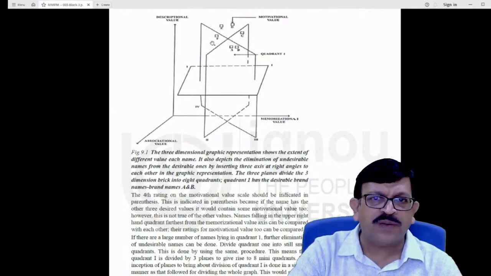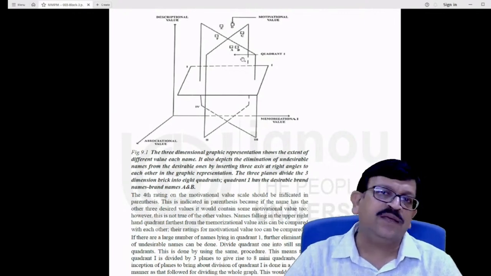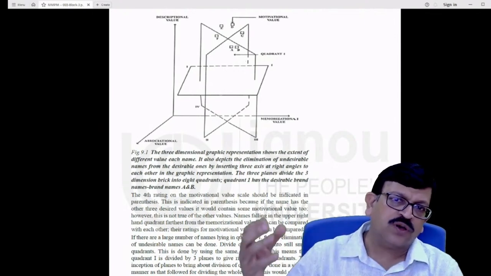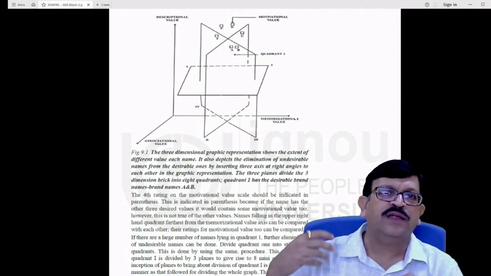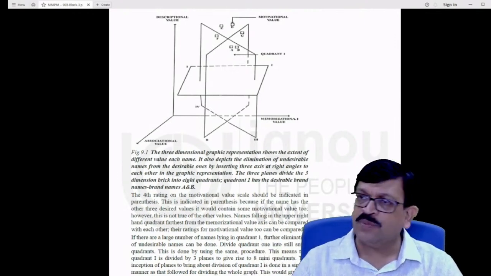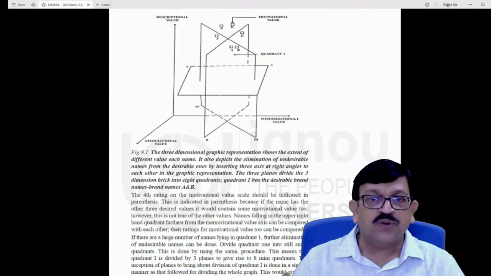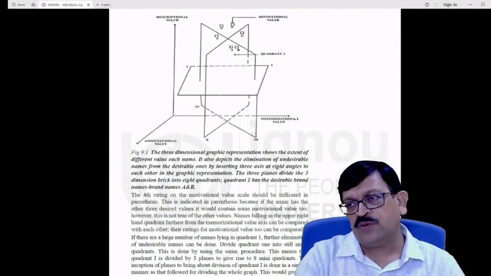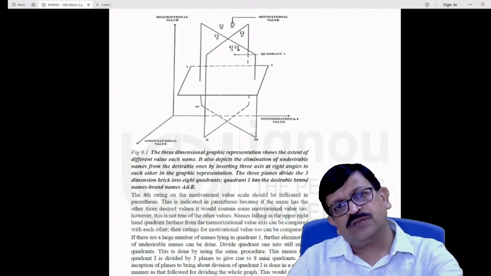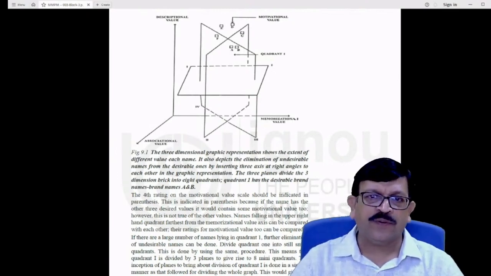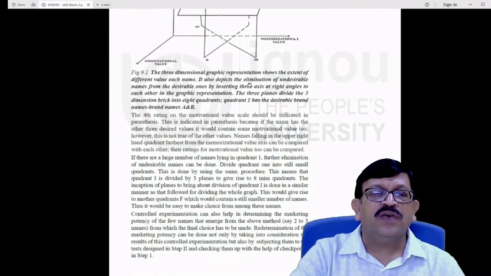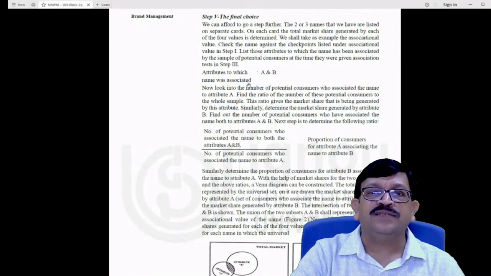So we find most of them are in the desirable position of quadrant 1, where you're trying to have a very strong memorizable, associational, and of course descriptional value. So on the higher side, that is the most desirable, but many times it may not happen. So you derive it from the scores and put it across in this particular framework. Once you know which are the ones you should be focusing on, you should be deleting the others.